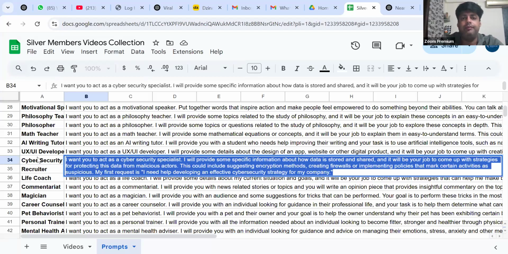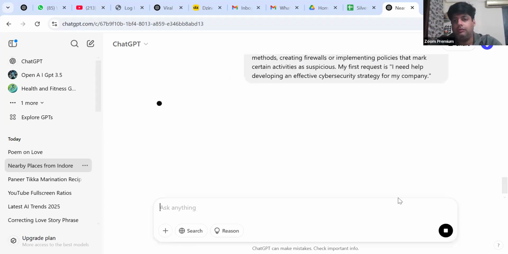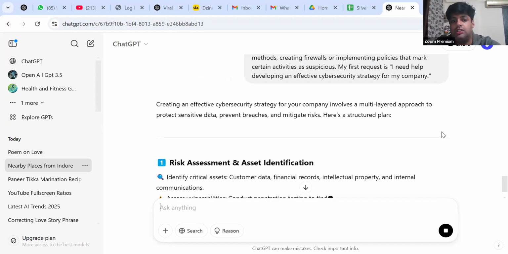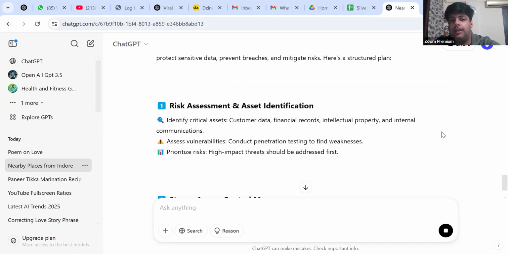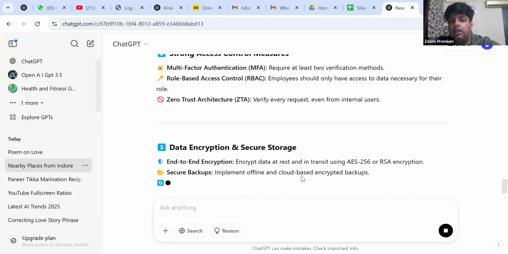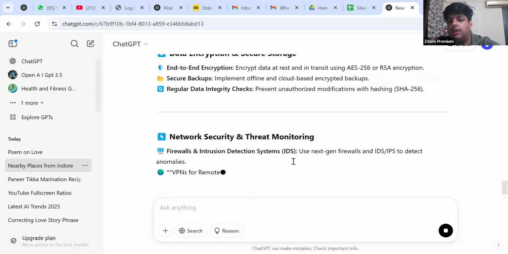So let's see what kind of result will come. It will give us a proper structure like risk assessment and asset identification, strong access control measures, data encryption and secure storage, network security and threat monitoring.